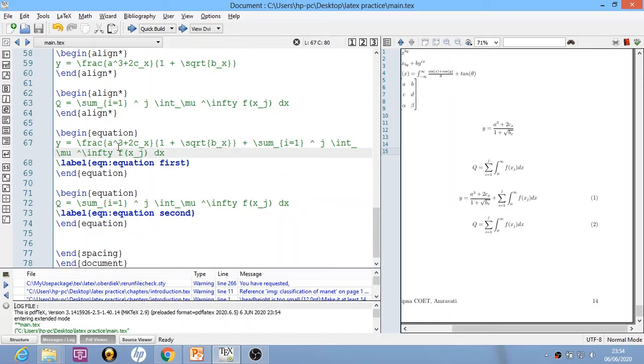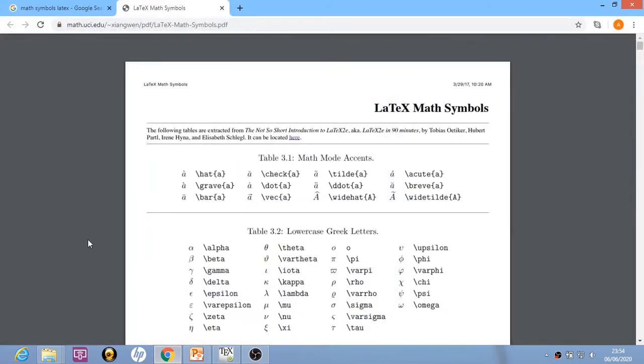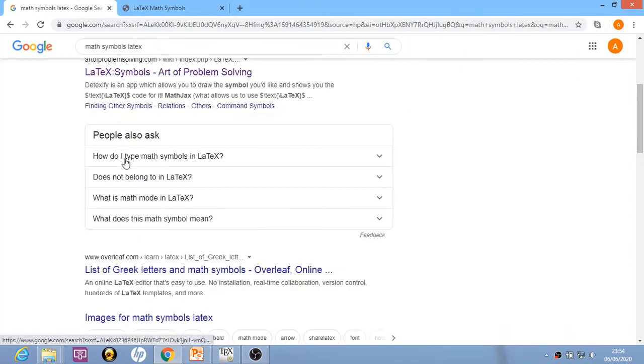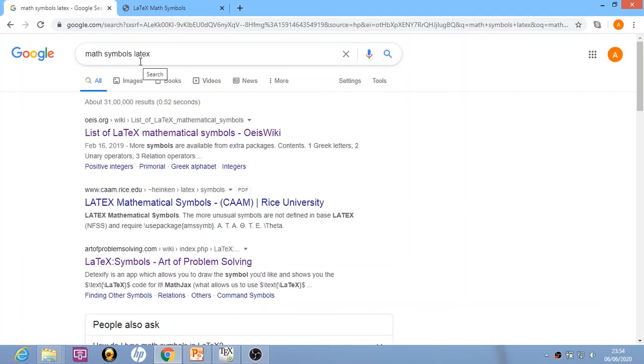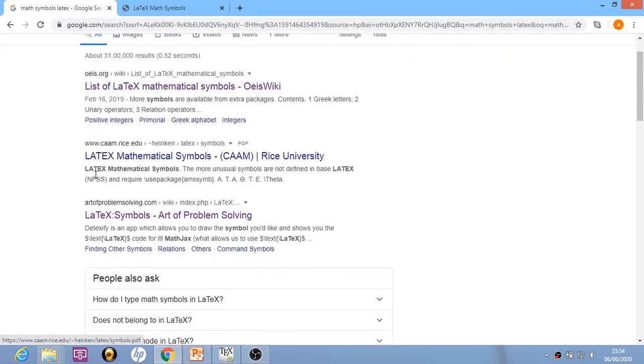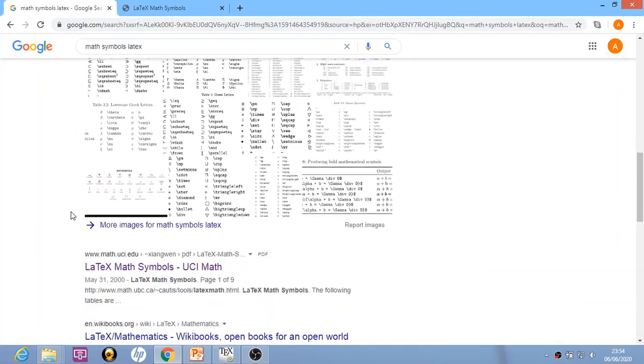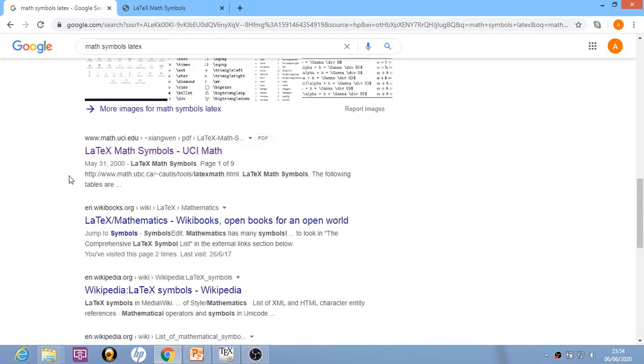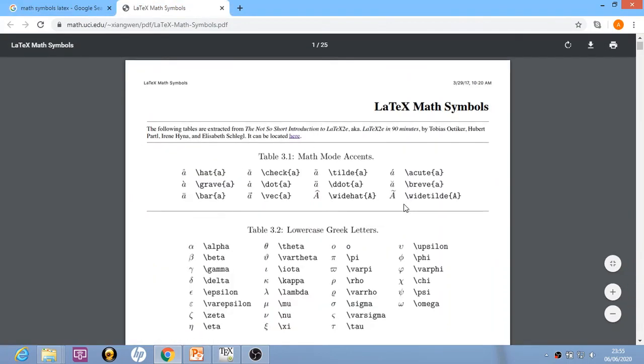Now the question is, how do I remember all these tags? Basically you don't need to remember any tag, just Google it and use it. You can simply Google math symbols in LaTeX, and you will get a number of sites. I am using the math.uic.edu site, which will provide you a PDF.